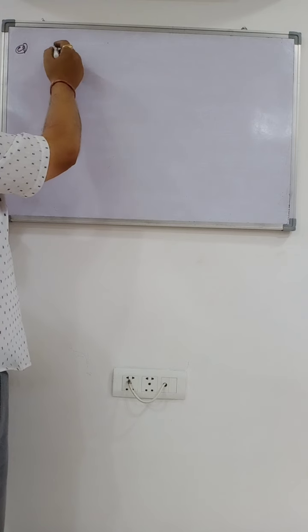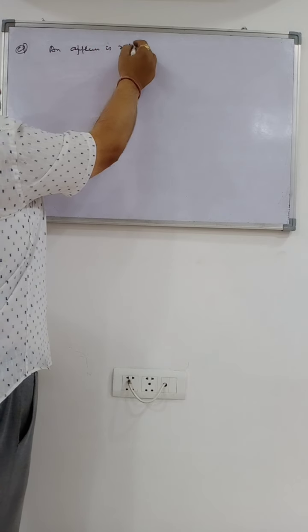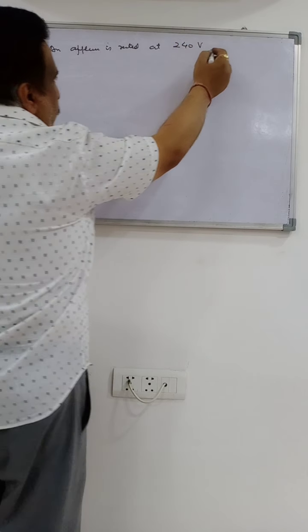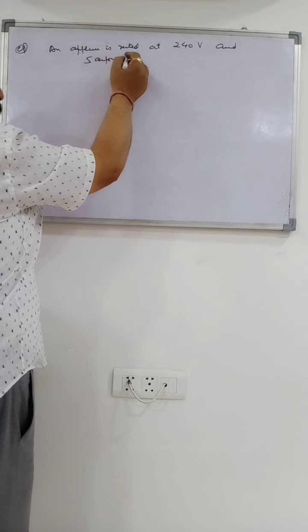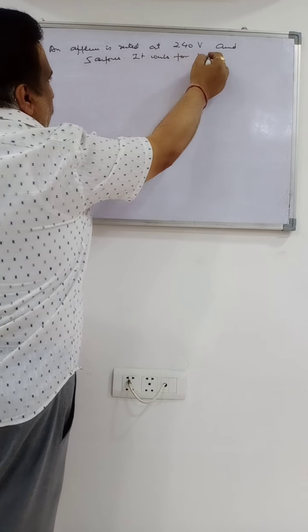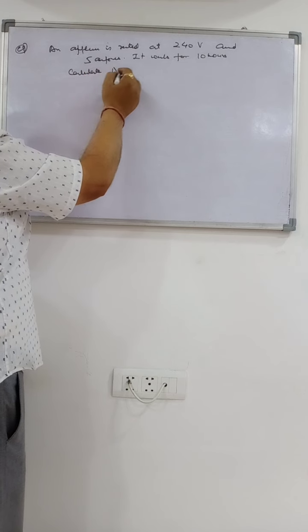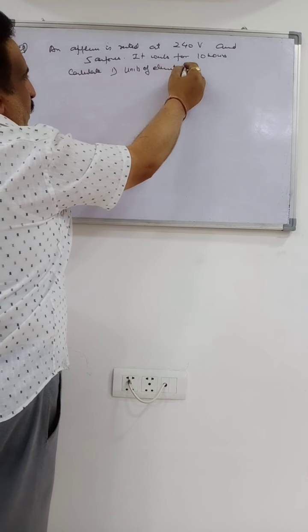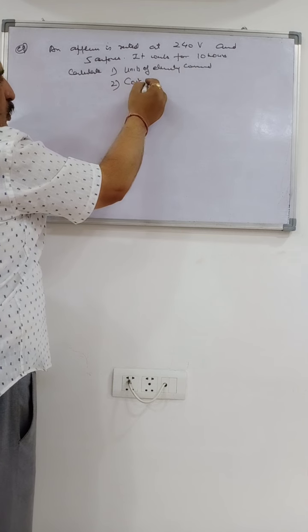Next example is: an appliance is rated at 240 volts and 5 amperes. It works for 10 hours. Calculate number 1, units of electricity consumed, that means electricity in kilowatt hour, and secondly the cost of electricity